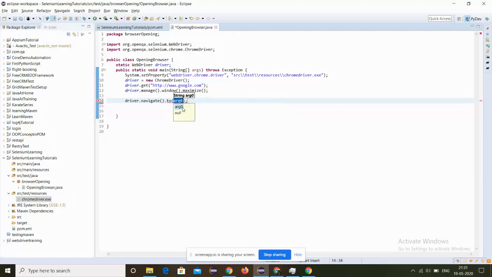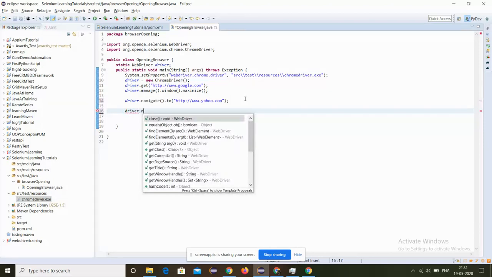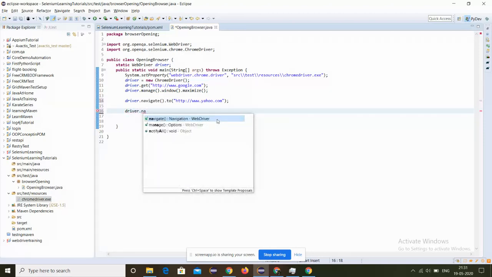In that we need a URL, the one we want to go to. Suppose from Google I want to go to the Yahoo page, so just www.yahoo.com.